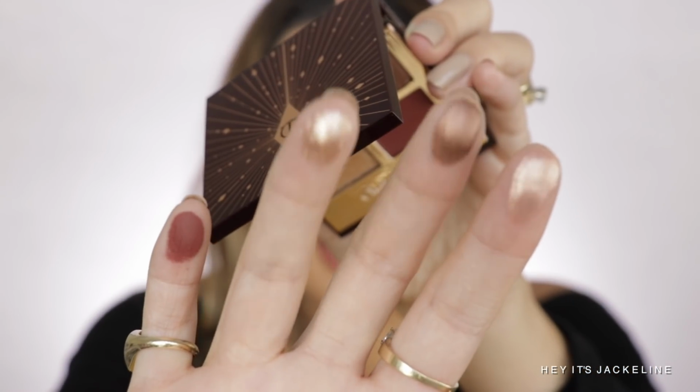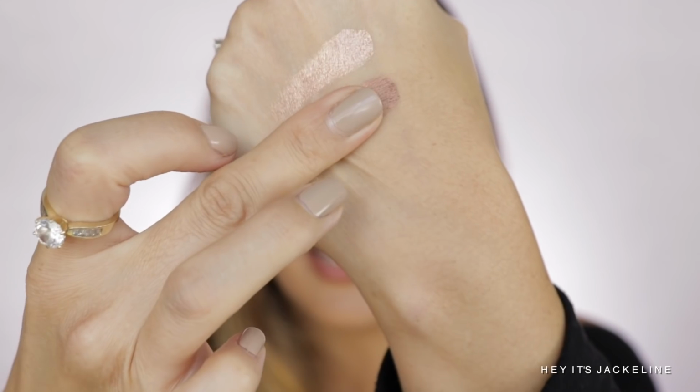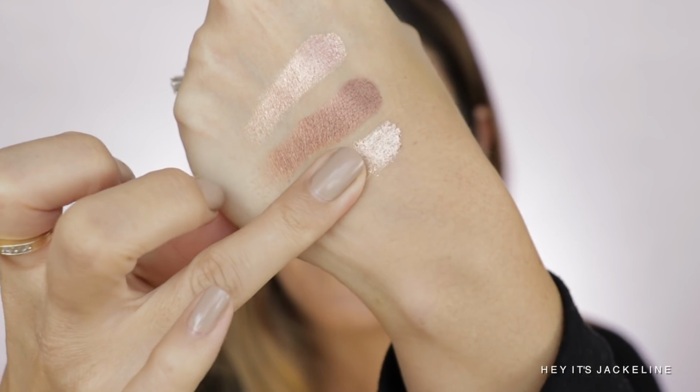Okay friends, let's go into swatches. Ooh, it feels actually nice and creamy. And okay, this is a new formula for Charlotte Tilbury. Yes, yeah, this is her new matte formula, and these ones right here feel buttery creamy. Do you see this shade right here? Isn't it amazing? Prime, Enhance, Pop,